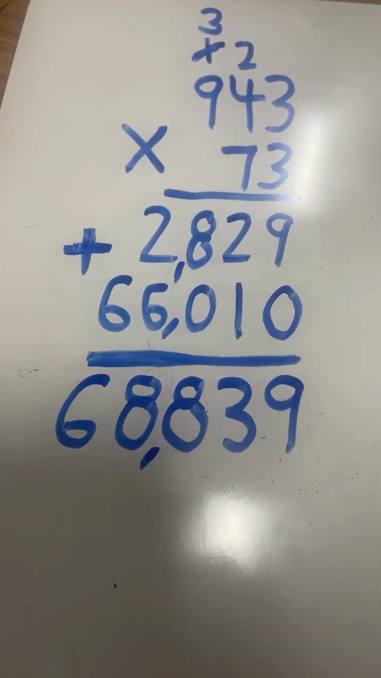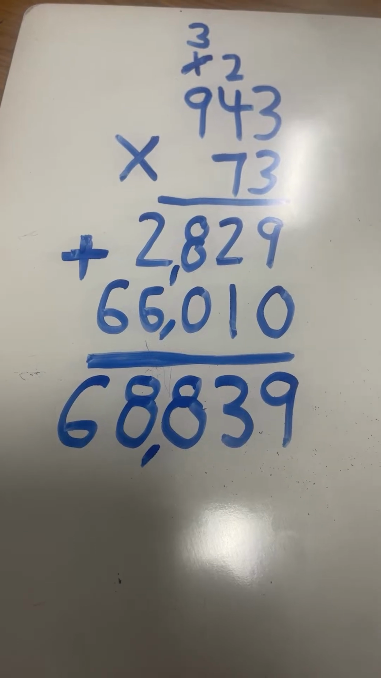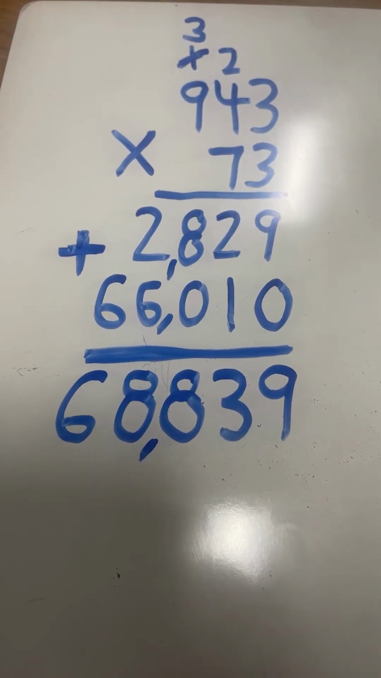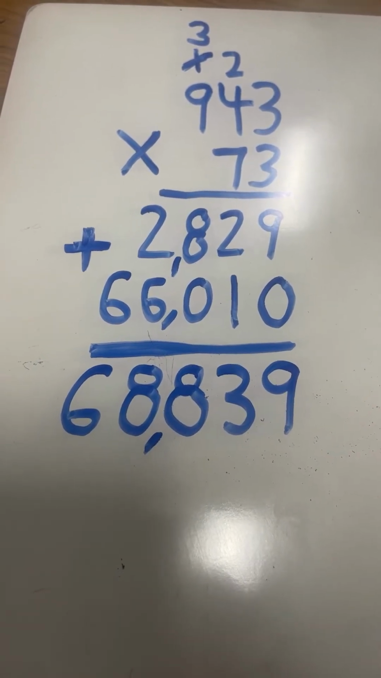And we have our final answer. 943 times 73 equals 68,839. 943 times 73, again, equals